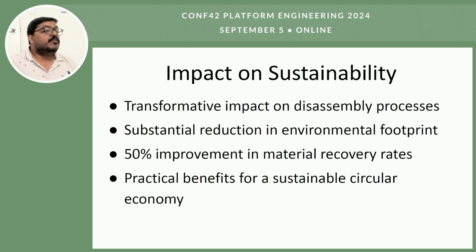First, it reduces the need for extracting new raw material, which is often associated with significant environmental degradation. Mining for materials like copper, gold, and lithium, for example, can lead to deforestation, soil erosion, and water pollution. Second, better material recovery means that more of these materials can be reused in new products, reducing the overall demand for virgin materials. This not only conserves natural resources but also lowers the carbon footprint associated with the production of new materials. For instance, recycling aluminum saves up to 95% of the energy required to produce new aluminum from